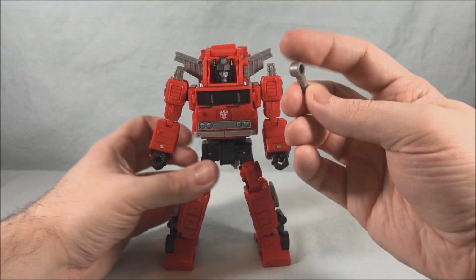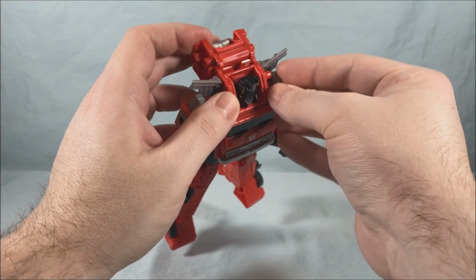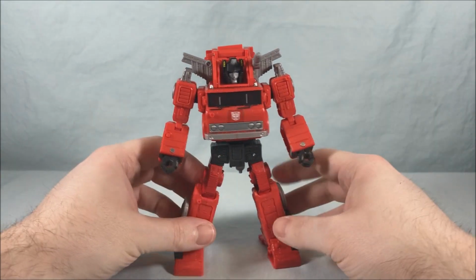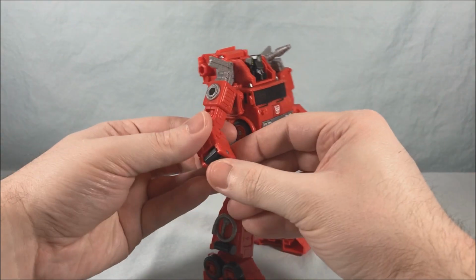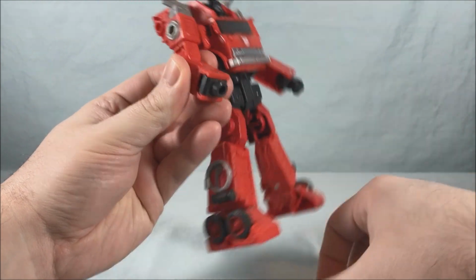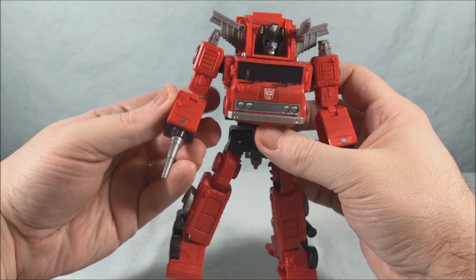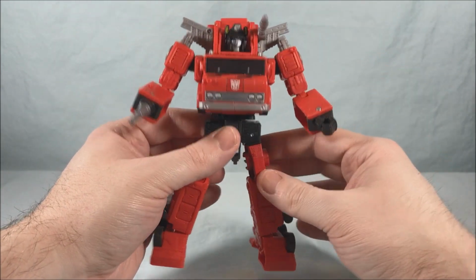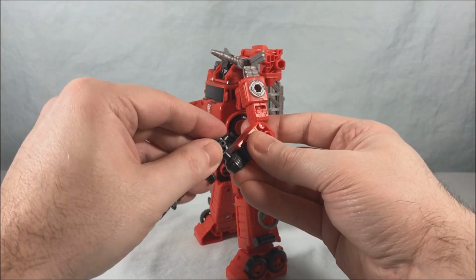Now, of course, he has a small little gun right here, which pegs on to the side of his head right here. So he's got that little cannon right there. Then he has this piece, which if you swivel out either one of the hands, just swivels into the forearm like so. And then you can see that this just pegs into that very simply. So just like in the show, he had one hand that was a hand and then one hand that was a gun. And then he does come with this gun as well,